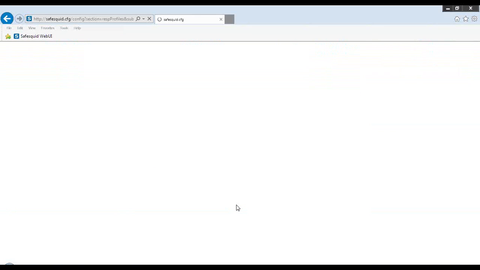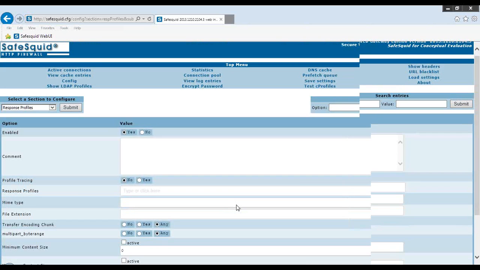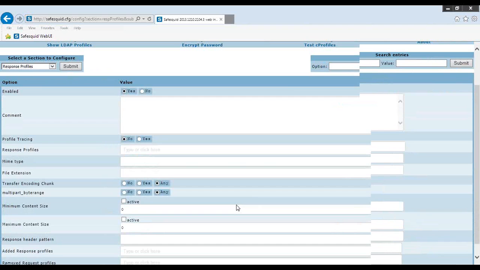You can use them to individually create your response profiles. So you can very uniquely and very finely control the application of profiles based on requests, as in the earlier section, and based on the responses here in the response section.